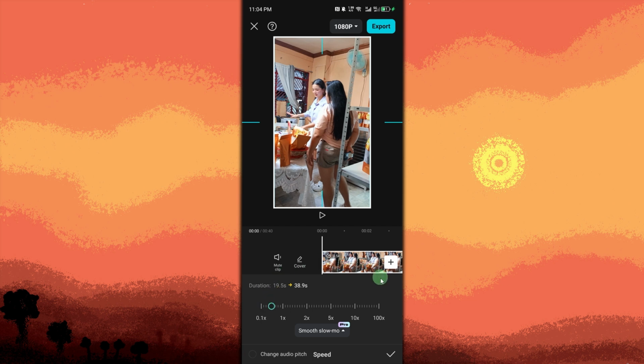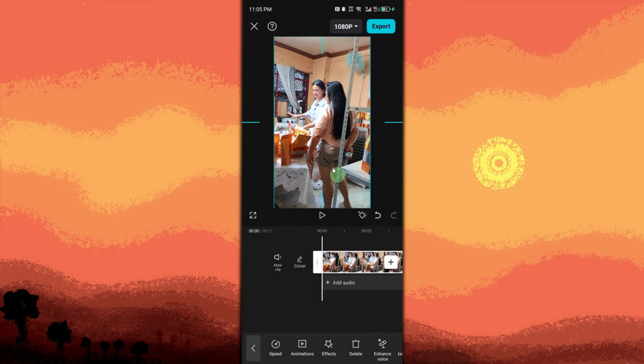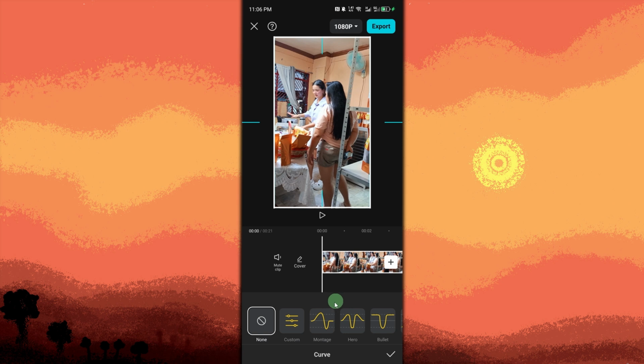Last method, create slow motion with speed curve. Once your video is already imported, choose it in the timeline. Tap Speed. Use a preset like Slow, Montage, or Hero, or Custom. To choose the custom,